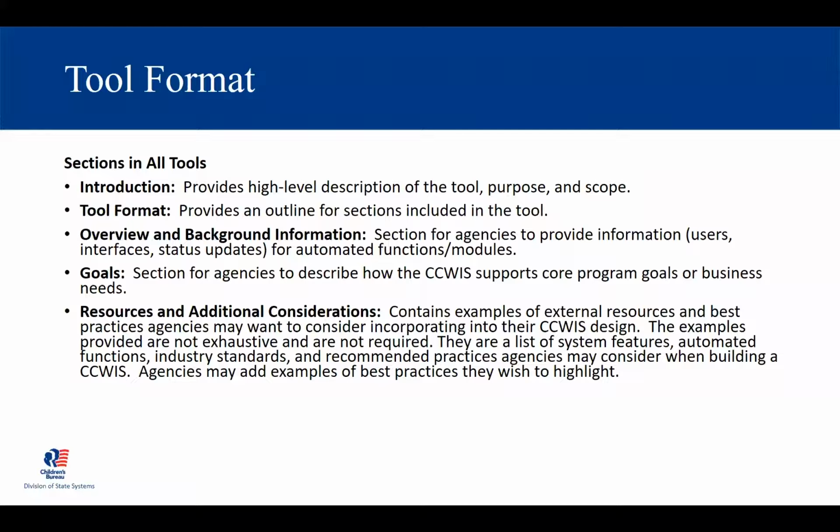The overview and background information collects a few questions, not more than 5, 6, or 7, depending on the tool, but this helps provide background information. Who are the users? Are there external systems? For the automated functions modules contained within that specific tool. Then we get to the heart of the tool, which are the goals section. And this is where agencies respond to a series of goals by providing evidence of how the CCWIS meets those goals. And I'll be covering these in detail in a few minutes,